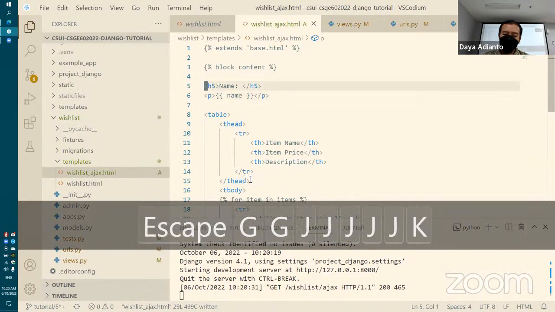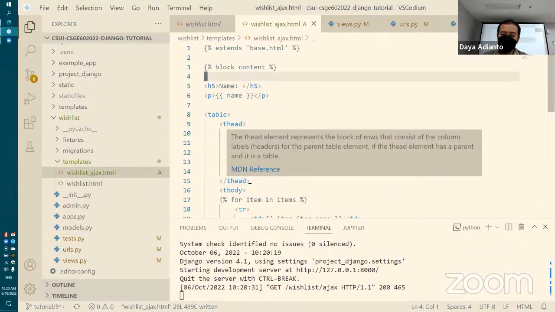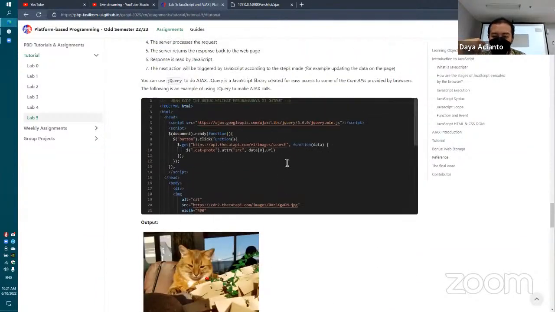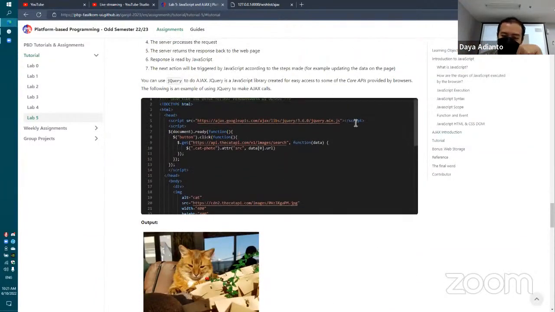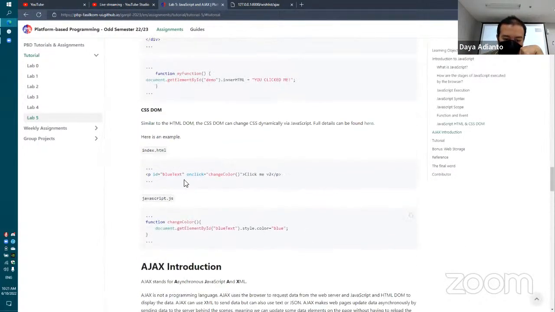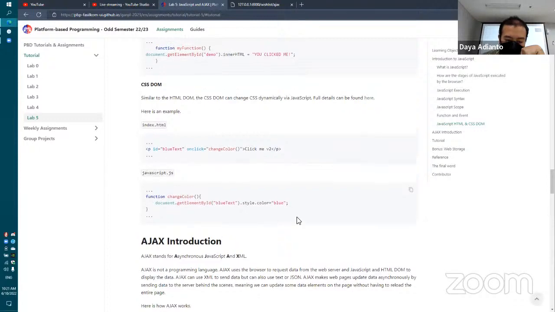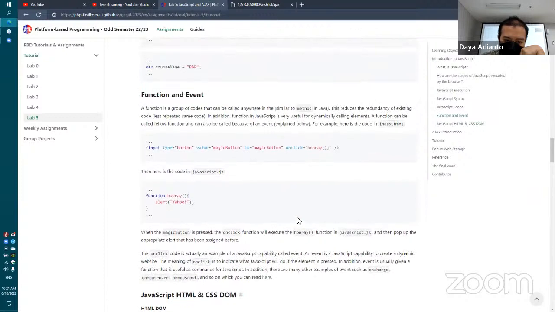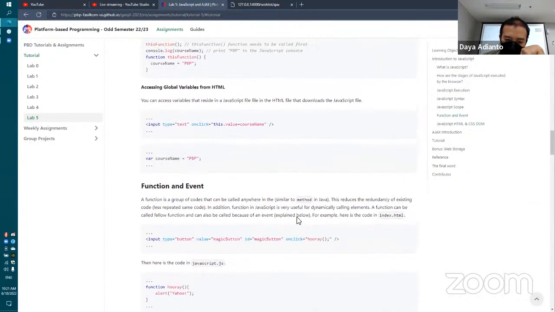Now the next thing is we have to add JavaScript. How is it done? Take all wishlist data using Ajax get. So obtain all of the data using JavaScript. Put it into the list. Let me do some review with the JavaScript code. Okay, so what you need to do is